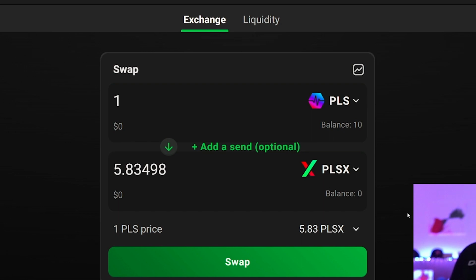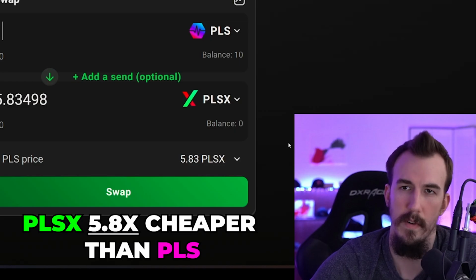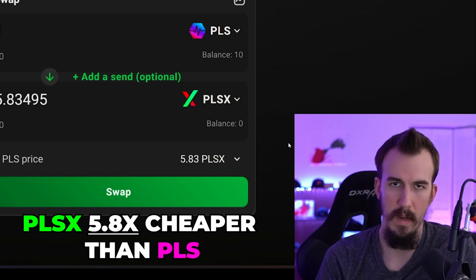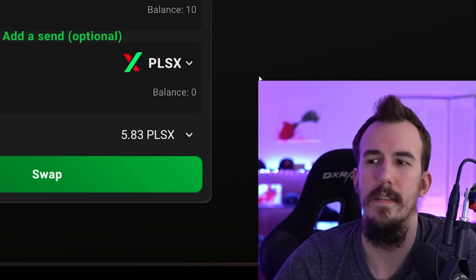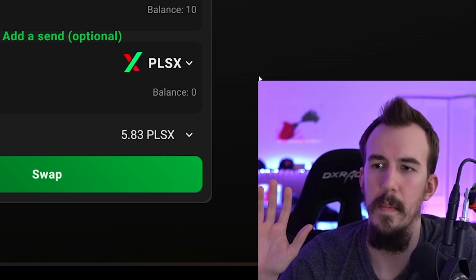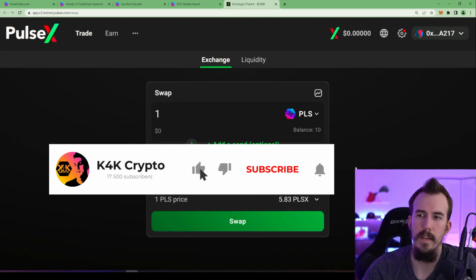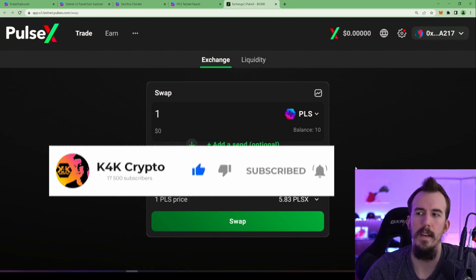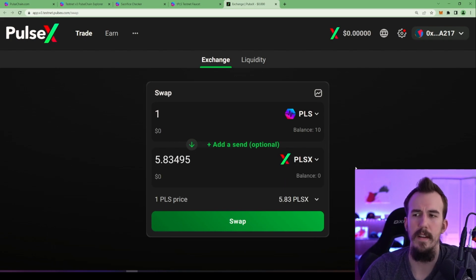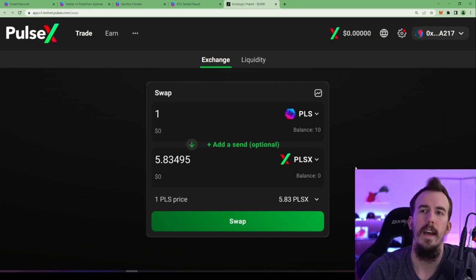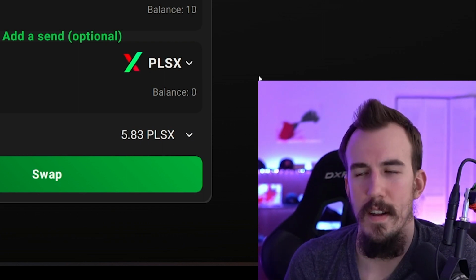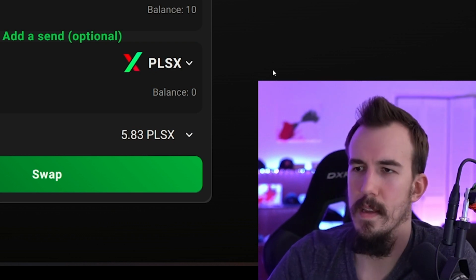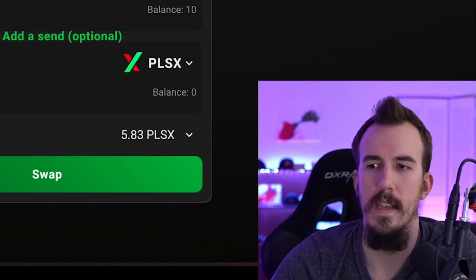Currently it's 5.8 pulsex per pulse, which means pulsex is at a worse ratio to pulse, which means it's cheaper than pulse itself. I'm not sure this is indicative of what will happen on mainnet, because I've been chatting with the devs about how much supply of pulsex is out there, if it's accurate, and also how the AMM bot is adding that stuff. I think there's some things that need talked out still. I don't have the answers for yet because I don't think it was considered. So I'm talking about that with some people to see if this is actually what it's going to look like